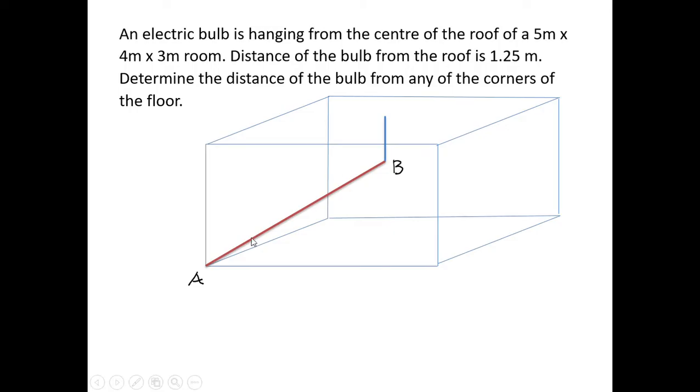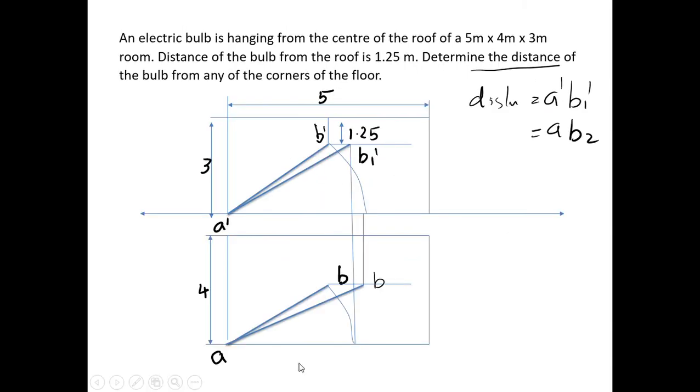As in the previous case, you have to draw the front view and top view of the room. The front view will be a rectangle of 5 centimeter length and 3 centimeter height, whereas the top view will be another rectangle of 5 centimeter length and 4 centimeter height. Here, this is the front view, a 5:3 rectangle, and this is the top view, a 5:4 rectangle.